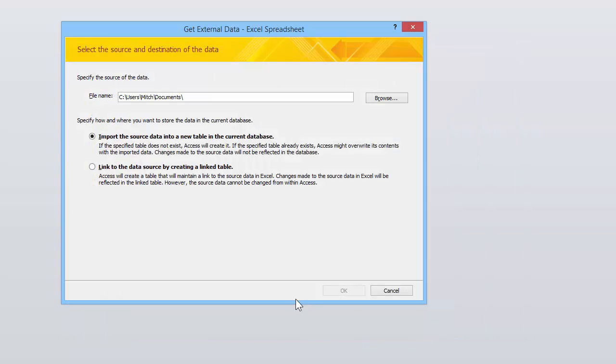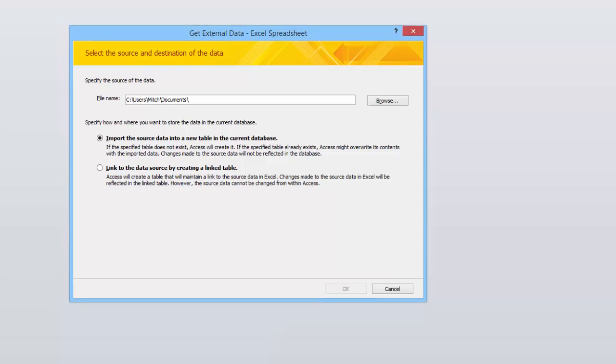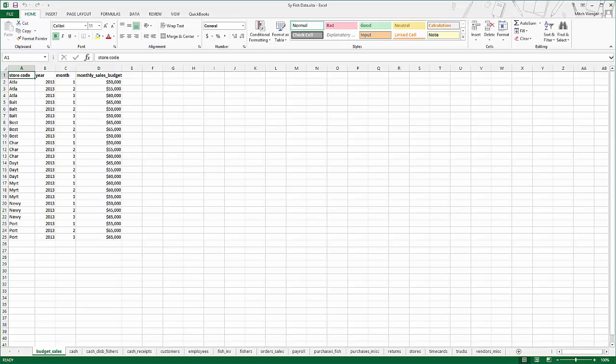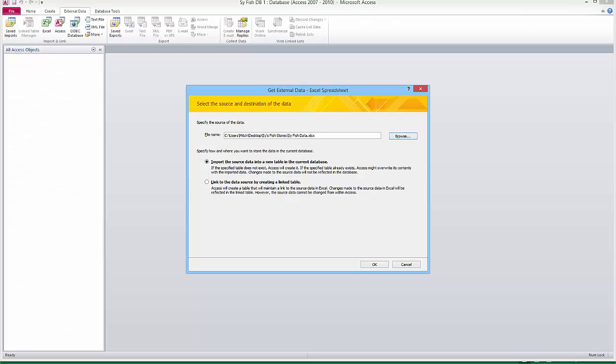And so I'll open it up. Now, it's not a bad idea to go over to the Excel app itself and just take a look at what we have. So we've got the budget sales. That's a pretty simple table here. So we'll go ahead and import that table first. And as you might imagine, that's what each store's monthly sales budget is. So that might be useful when it comes time to see how did our stores do versus budget. All right, so we'll go back to Access,